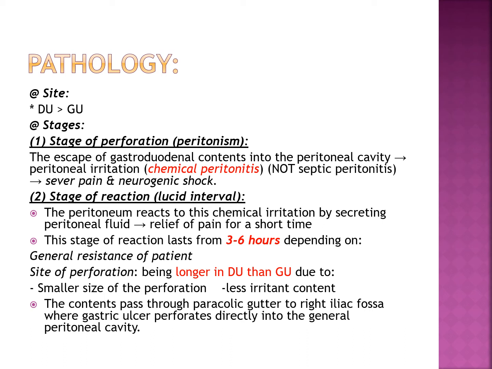The first stage: when perforation occurs with the escape of the irritant gastroduodenal contents into the peritoneal cavity, leading to chemical irritation of the peritoneum with subsequent chemical peritonitis. Septic peritonitis doesn't occur yet, and the patient has severe pain, which may lead to neurogenic shock. So the shock in the first stage is usually due to severe pain, and the type is neurogenic